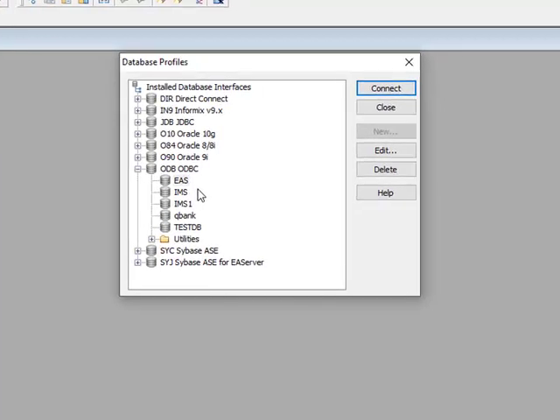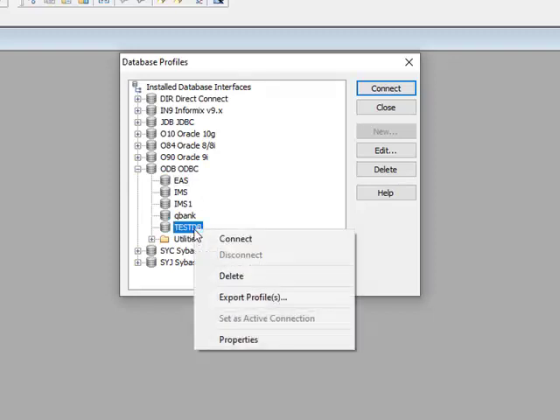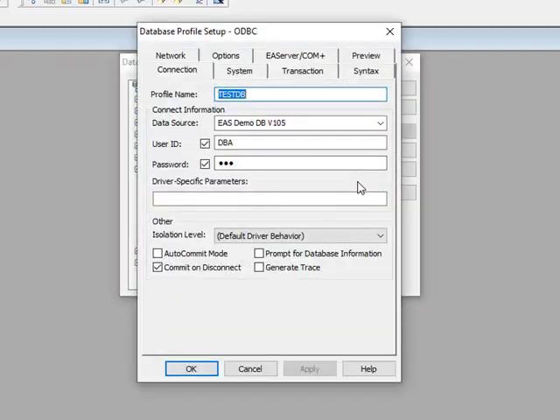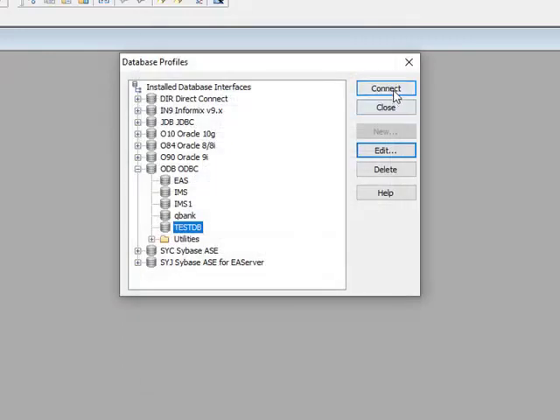What is this test DB? Let me try to connect to this. Can you guys also try on your machine whether you are able to connect to any existing DB?